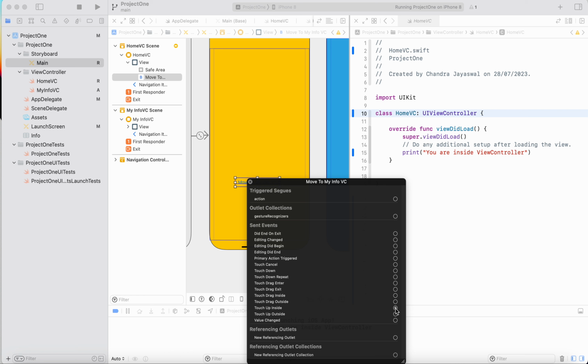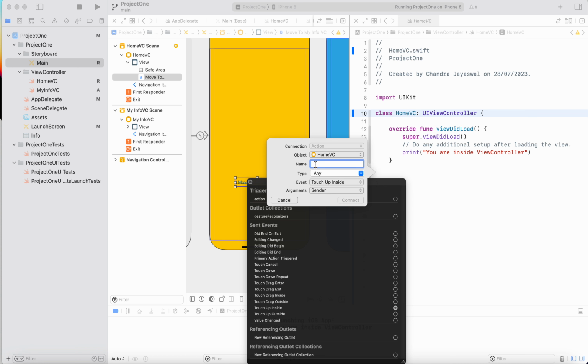What do I want to do when I tap on that button? So click here and drag it to somewhere inside your project, not inside a method, above or below that method. So let me put the method name here,